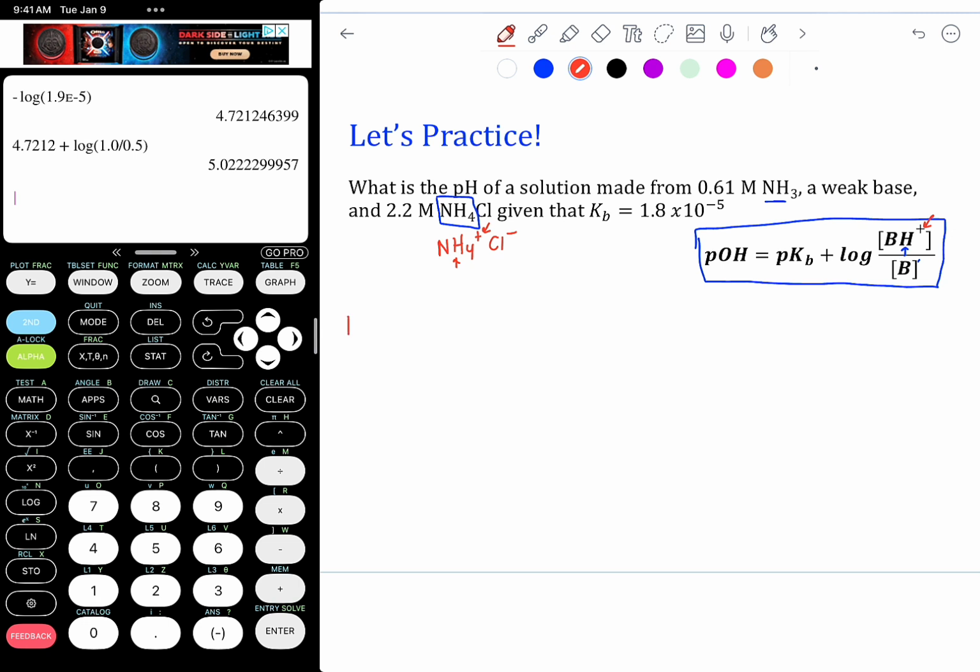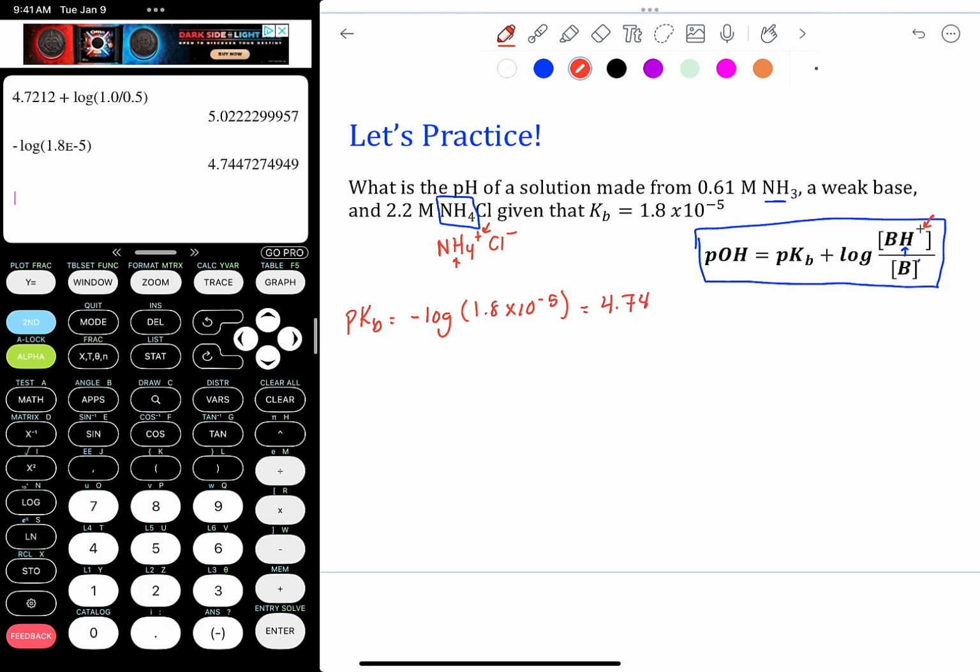So we'll solve for pKb now. pKb is the same setup, negative log of the Kb. So negative log of 1.8 times 10 to the minus 5. So our pKb is 4.7447, a couple extra decimal places there since that's not our final number. And we can now plug in for pOH. So pOH is going to be our pKb, that 4.7447, plus the log